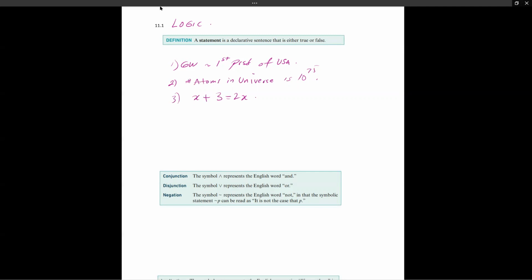The first one, George Washington is the first president of the United States. Is this a declarative statement, right, or sentence? Yes, it is. Is it true or false? Yes, it's true. If it is true, is it a statement? Yes, it's a statement.